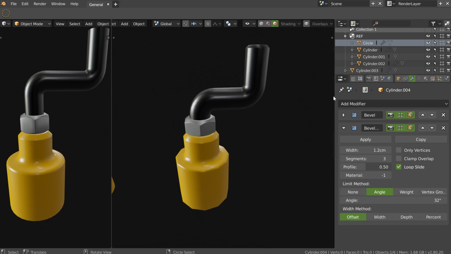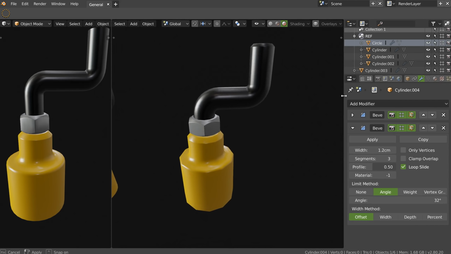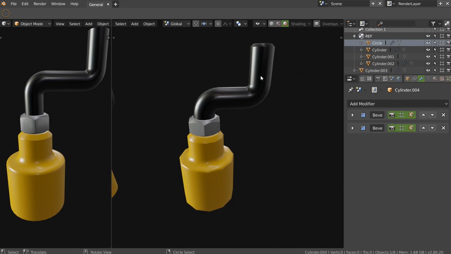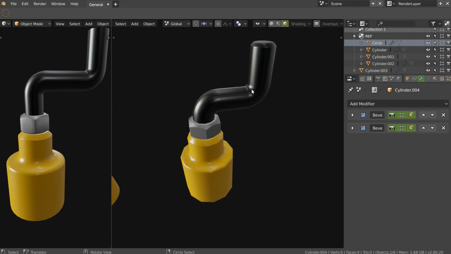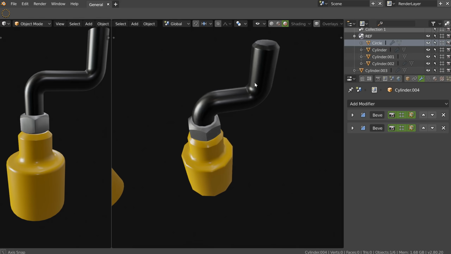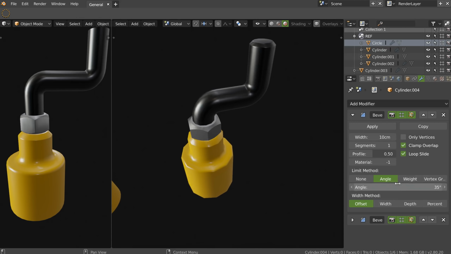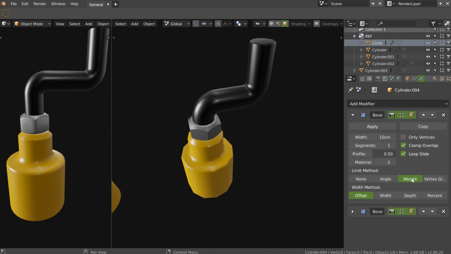2.8 is much better than previously, than 2.79, but as you can see on my modeling, there are a lot of parts we can make in one click instead of 2, 3, 4, 5 to make everything. And it could be nice, for example in the bevel, if we go in weight mode, to add a button to pick the edges we want, or the loops we want in edge mode. Why not? It's a possibility.